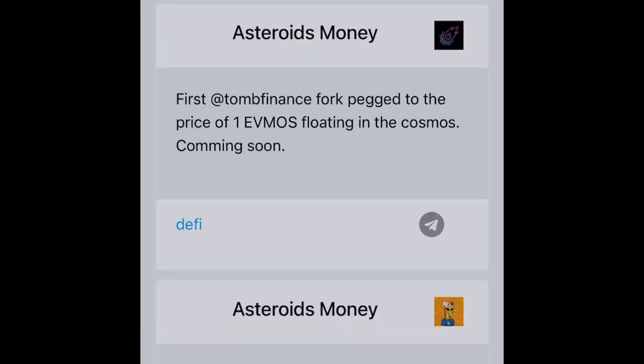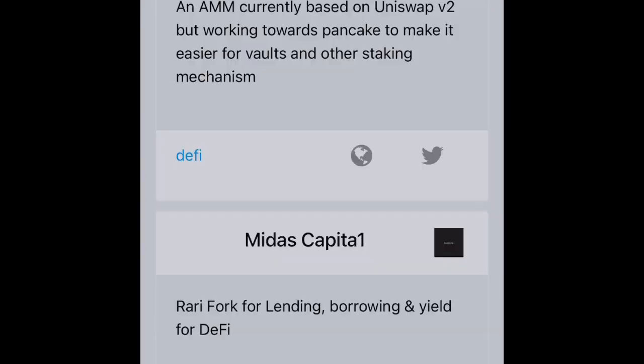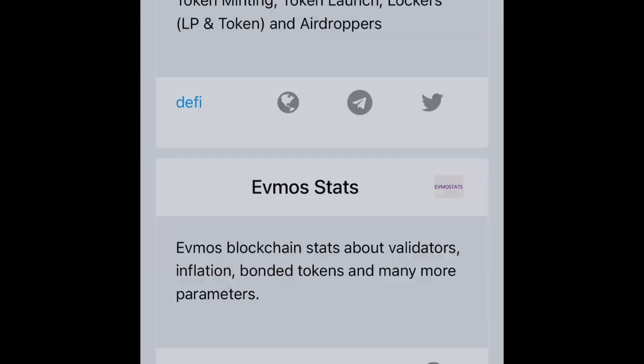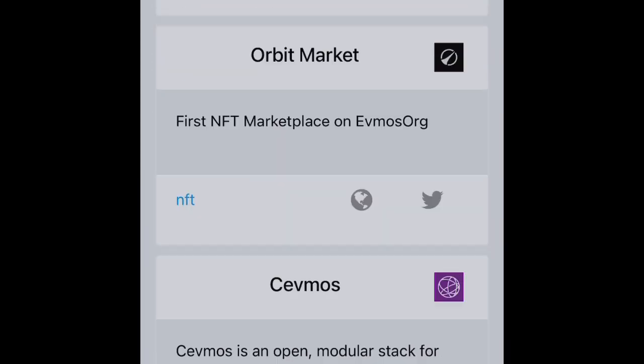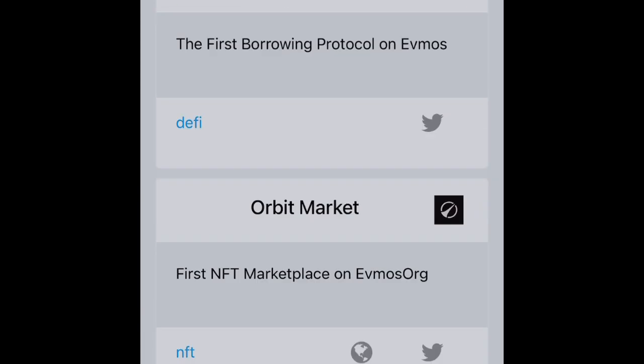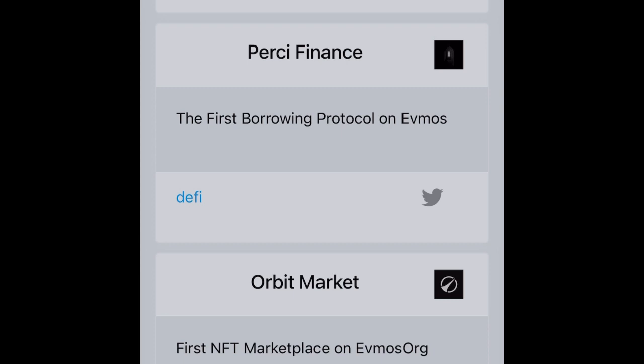I just want to scroll all the way down so you guys see all the way, because I know when I do my little DYOR, do your own research, for my newbies. So I'm doing the research for you, kicking back with 430, and I'm showing you what's going on over here. So marketplace, this marketplace belongs to the Orbital Apes NFT collection. They also have a marketplace for NFTs, which will be the main premier NFT marketplace for the Evmos blockchain, I believe.